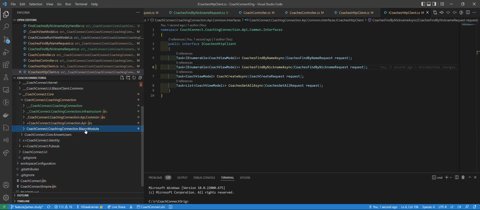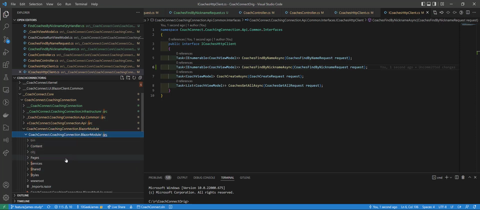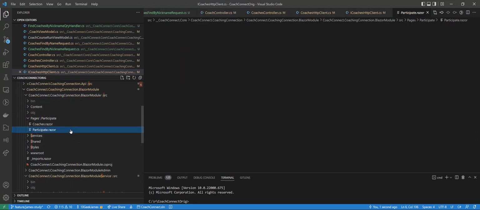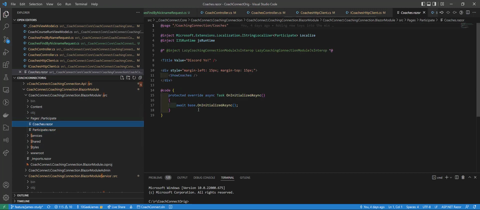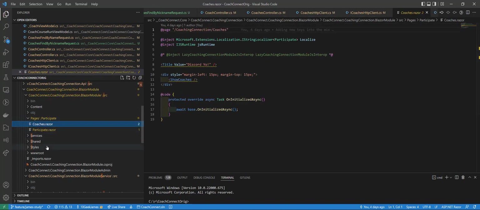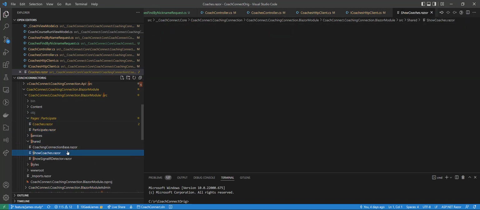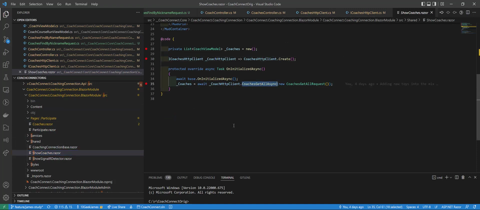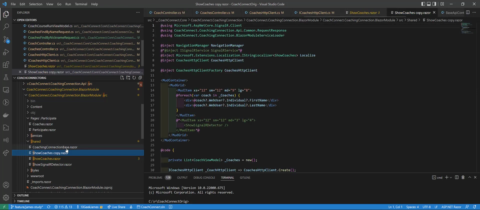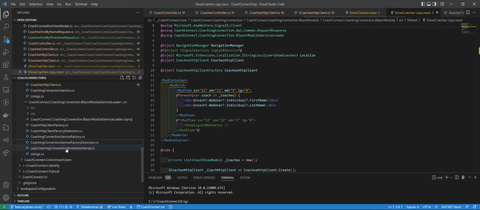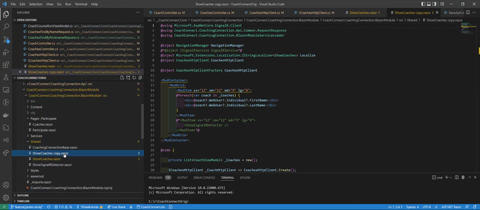So somebody might want to use all this noise. If we come back to Blazor modules, I'm going to come down here to our coaches page. Going to come into shared show coaches. Get all async. I don't know. Let's do find. Wow, that wasn't helpful.